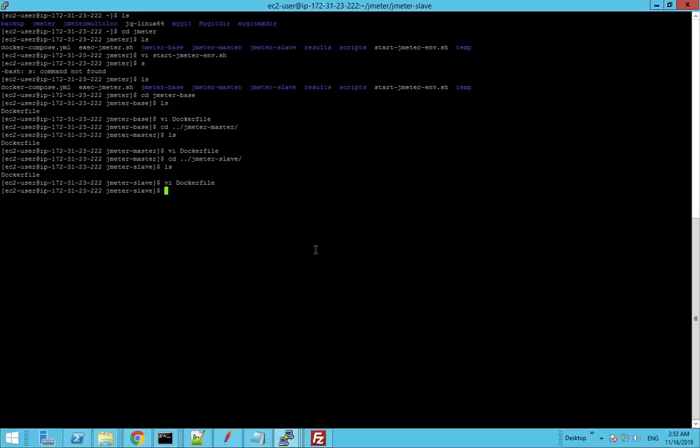Now let's go back. So we'll go back to the main folder, and we have seen what is there inside JMeter base, JMeter master, JMeter slave, and then the results and scripts folders will automatically get generated. I mean, the scripts folder will have the script file, the JMX file. You will create that JMX file and move it using FileZilla or some other tool, because this is a Linux machine. You have to create your JMeter file in UI mode and then you can move it, right? And then the next step is we'll see the